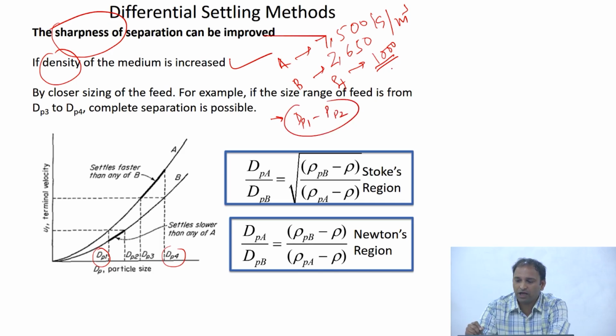Now if I increase the density of the fluid, just to give numbers, let's say you're separating particles from 1 micrometer to 10 micrometer of